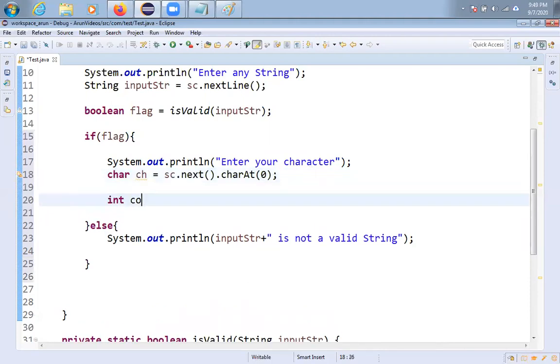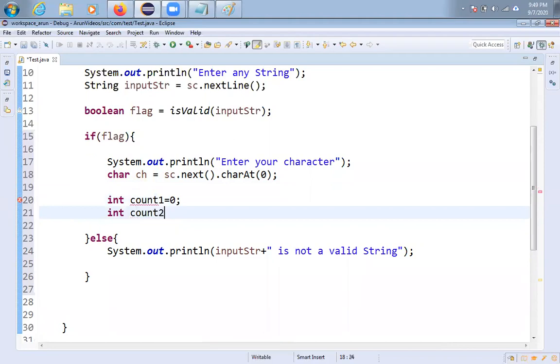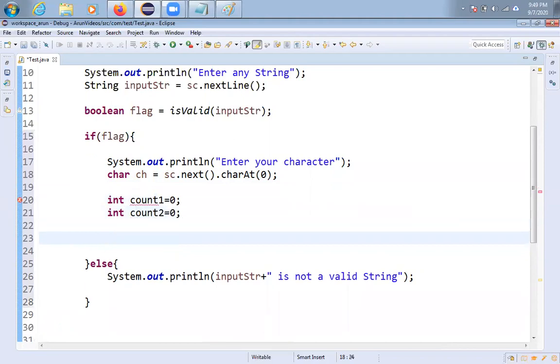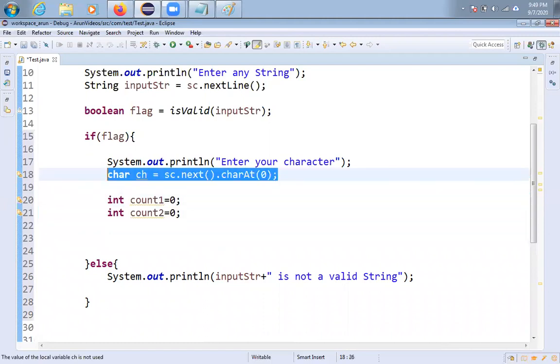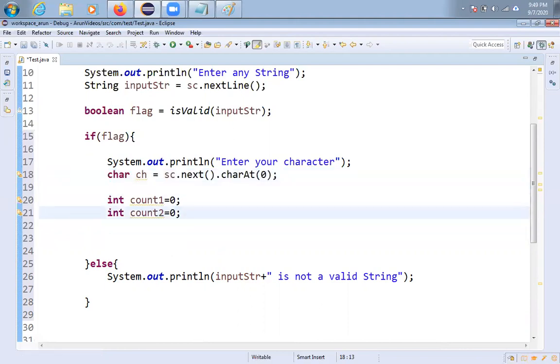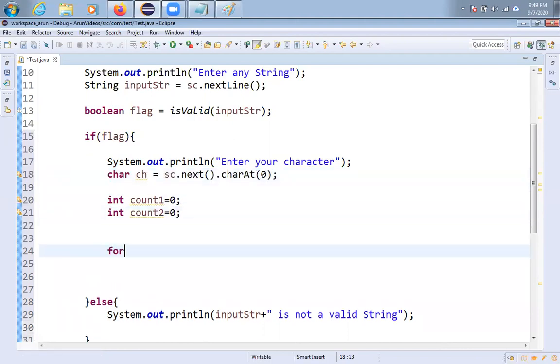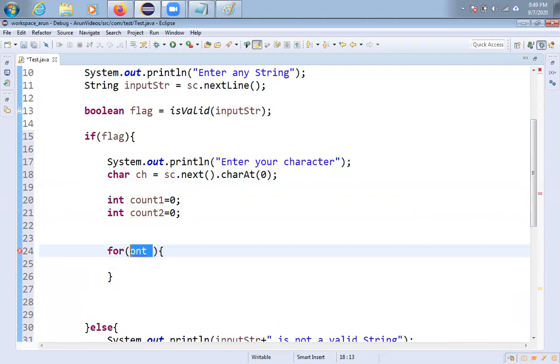Now I am taking two counter indexes. Say integer count1 equal to 0, integer count2 equal to 0, friends. Why am I taking two counters? One counter is to find the sum of the given character's indexes, and counter two is for the remaining characters' indexes. So I am taking one for loop here. Inside the for loop, each and every character I have to check.